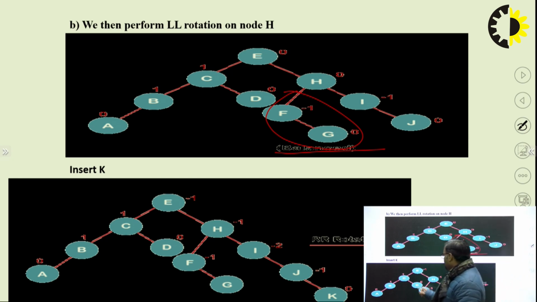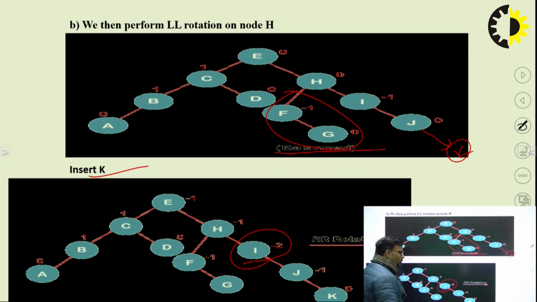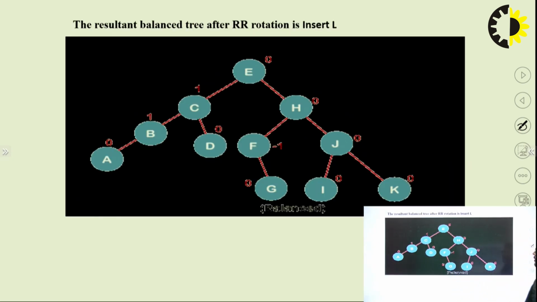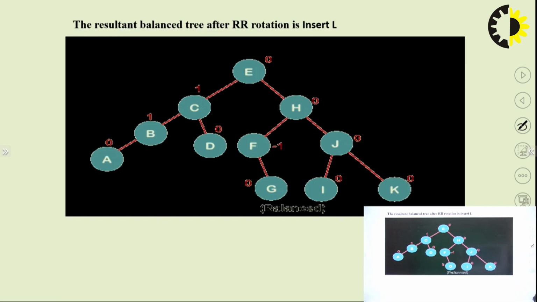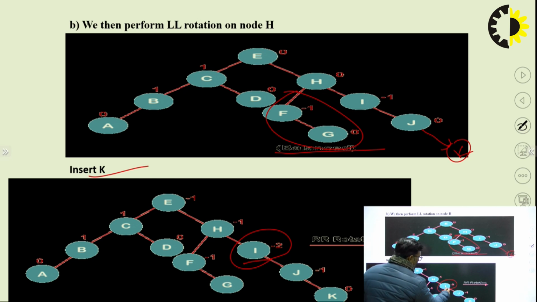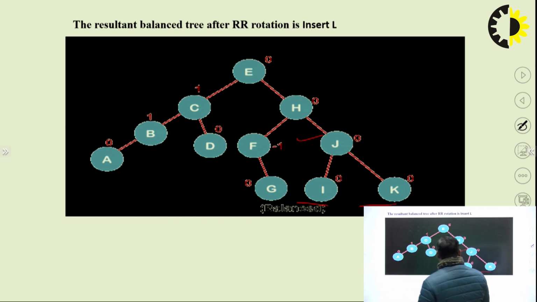Then after insert K, after J insert कर सकते हैं राइट में। फिर से बैलेंस फैक्टर चेक किया, देखिए यहां पे -2 आ रहा है। ओके, अब -2 आ रहा है तो हम रोटेट कर दें। देखिए रोटेट कर दिया। रोटेट करने के बाद, the resultant of the balanced tree। देखिए I J K था, हमने जब रोटेट किया तो I यहां आ गया, J यहां आ गया। अब सभी का बैलेंस फैक्टर एक बार चेक कर लीजिए।